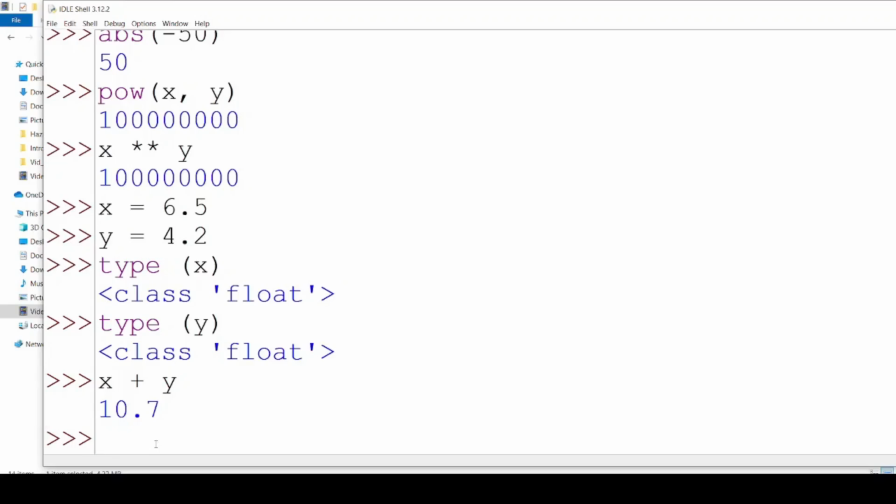Now, one interesting thing to note is that when we perform operations using both integers and floats together, Python ensures that the result is always a float. So even if we start with an integer and perform an operation with a float, the result will be a float. This is because Python automatically promotes the integer to a float to maintain precision and consistency in our calculations. So, for example,